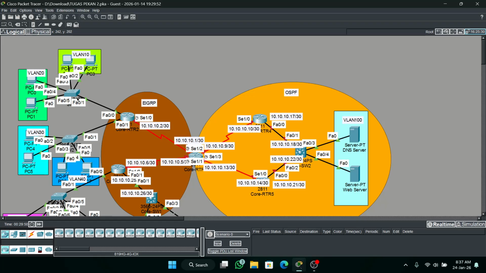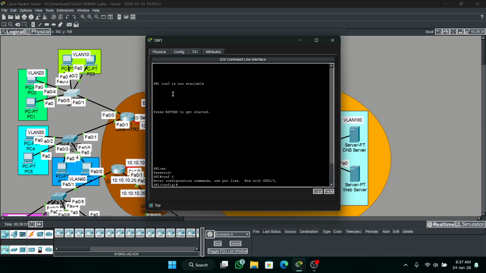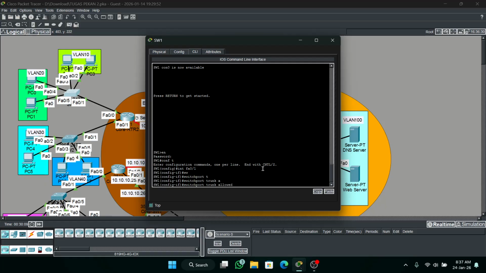So I will configure it here. How to configure? First enter the trunk interface, then switchport trunk allowed vlan.